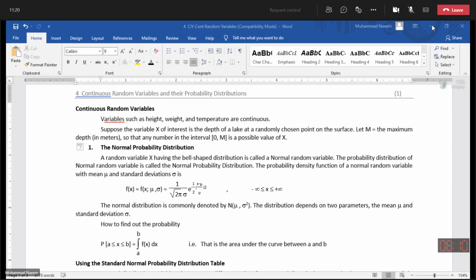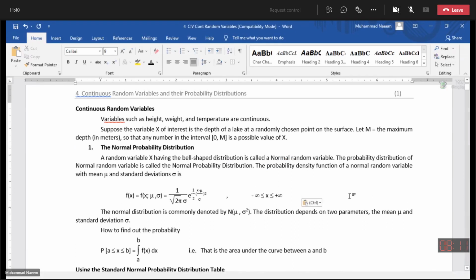For a normal probability distribution, the variable will have a range from -infinity to +infinity with the probability density function like this. The diagram for this normal probability distribution is